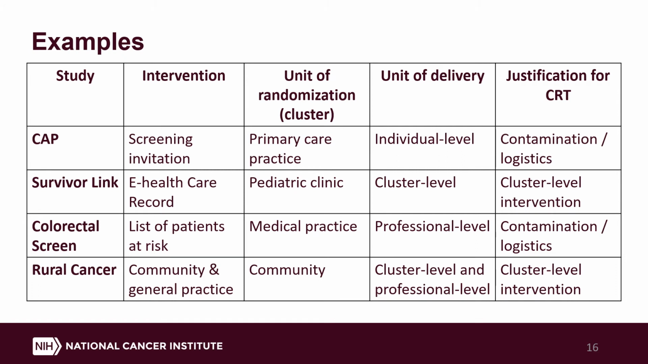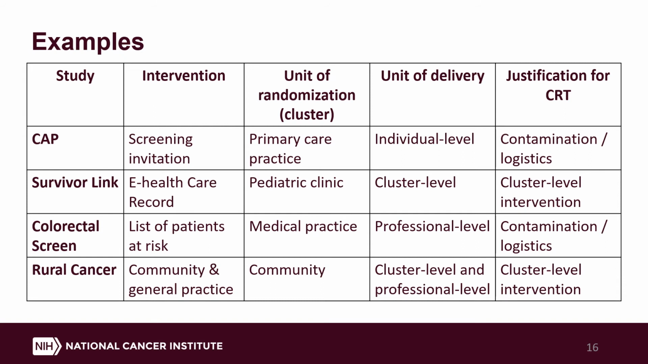So let's go back to our 4 examples and think through what their reported justifications were for adopting cluster randomization. In the CAP trial, this intervention was a screening intervention. The unit of randomization were primary care practices, and the intervention was delivered directly to the individual. It was a screening invitation. The justification for using cluster randomization was a concern over contamination and an increase in logistical feasibility of running the